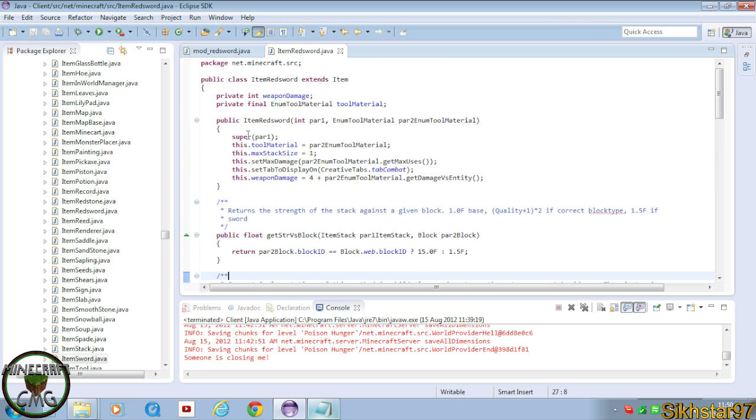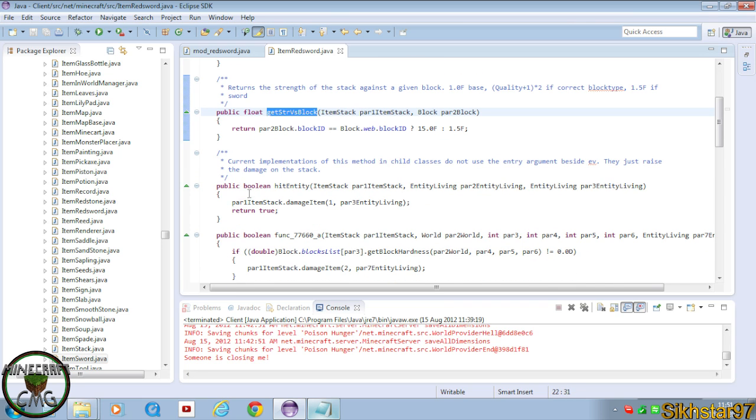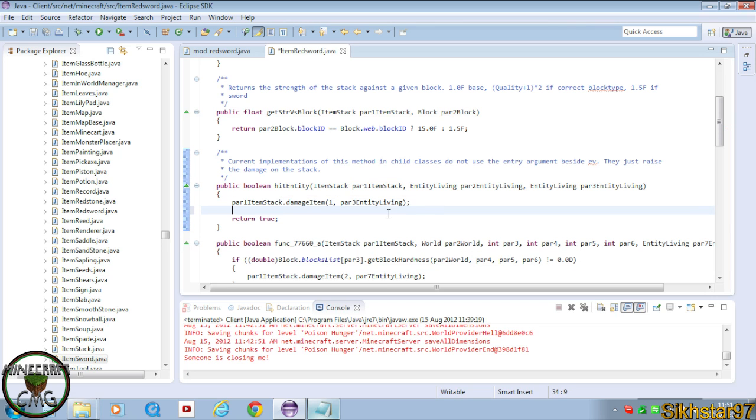So what we need to do is scroll down. You'll see public item red sword constructor, public float get strength versus block constructor, and then the third one, public boolean hit entity. This is the one we want. And basically what we want to say is, which says par 1 item damage item. Below that, but before the return true, we want to put whatever was here, so par 2,